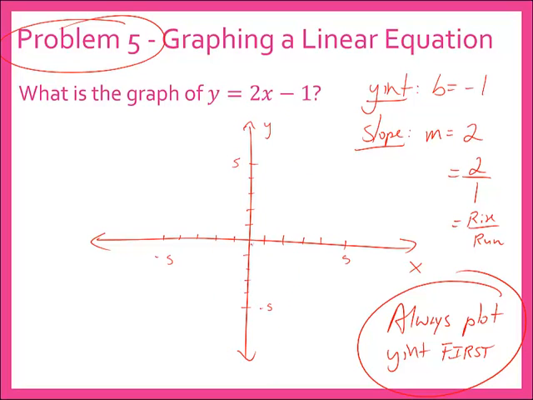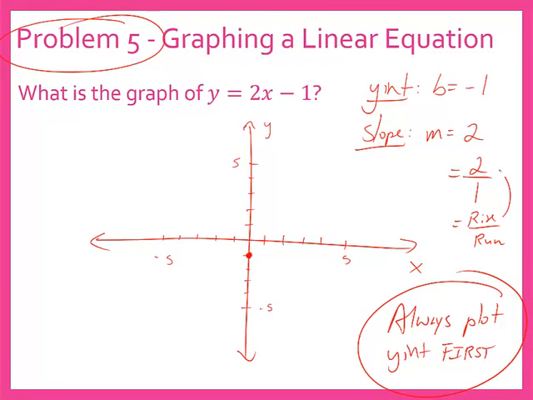So that's 0, go down 1. Here is your y-intercept. That's it. So put a point right there at -1. Now, to do the slope, you're going to go rise from that y-intercept of -1, you're going to rise 2